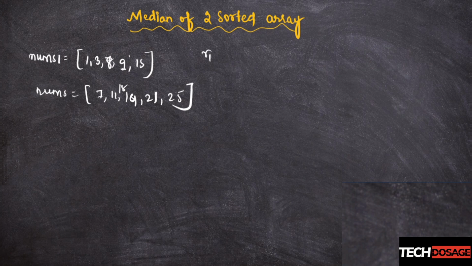First my R1 was this. Now I am going to make 15 my R1. So 15 is my R1 now. So this is going to be L1. This has to be R1. And now in my L1, I have 4 elements, right? So I need 2 more elements to get my goal.